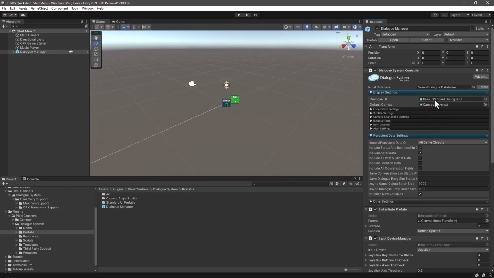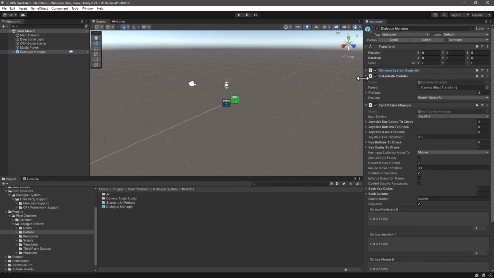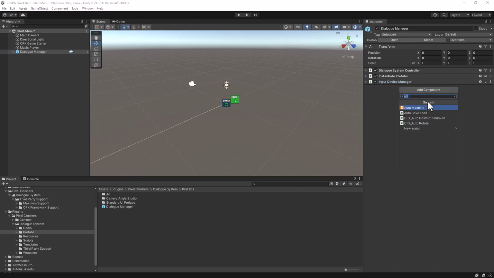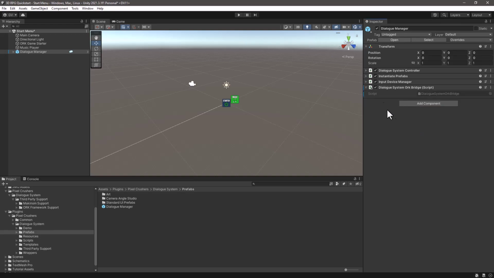By default, the prefab is using this basic standard dialog UI that we are going to cover in a bit. But what we need to add to this prefab is the bridge between Dialog System and ORK Framework. So click on Add Component and start typing ORK, and then we should see this Dialog System ORK Bridge. So add that component to the prefab itself. After that, we can start